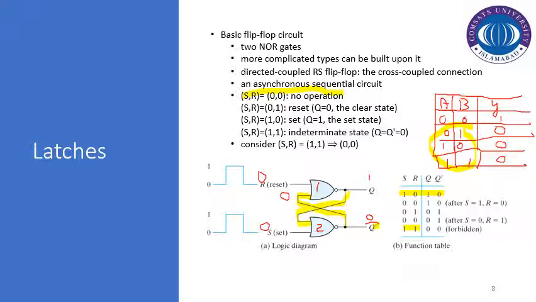is 1. Now this one is fed back here, and if we see the truth table, in that particular case where one input is 1 and another input is 0, the output is 0. So there is no change in the status of the output. So we can say that whenever we apply 0 0, the latch remains in the no change state, or no operation state. So let us change now the inputs in such a way that